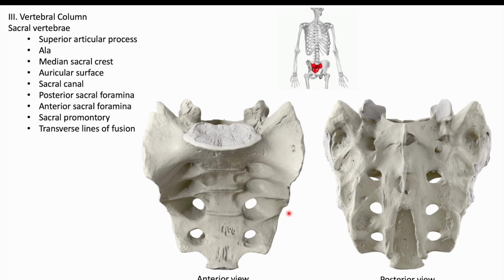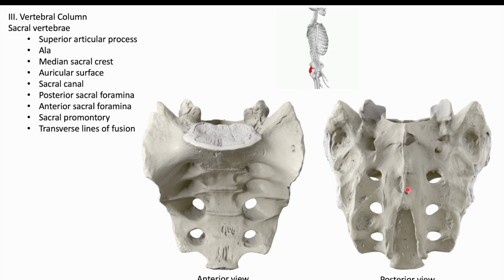Hi everyone. All right, so let's welcome back and let's examine the sacrum, or the sacral vertebra, in closer detail. So here is the sacrum, the bone, and it's between your hip bones. And there's going to be the anterior and posterior view that we have to examine. The difference between the anterior and the posterior view is that in the posterior view, you can actually see this ridge